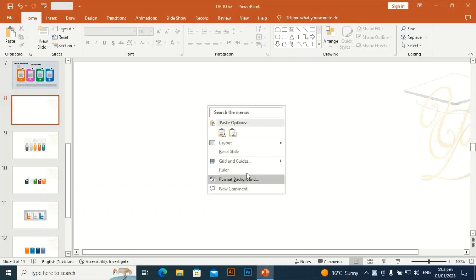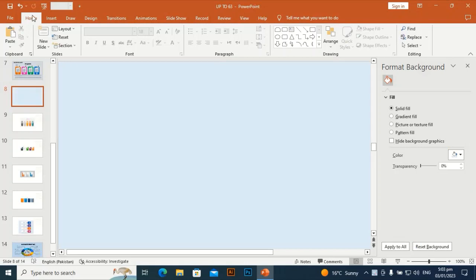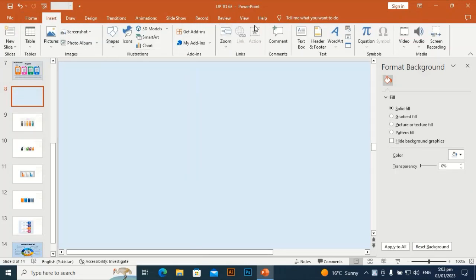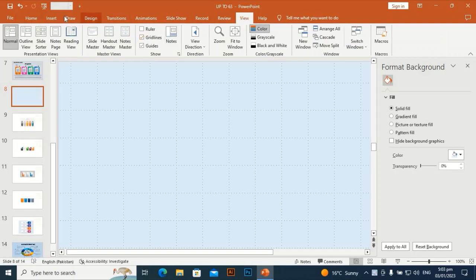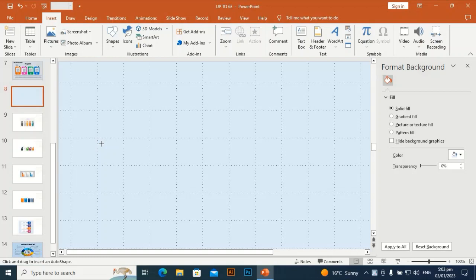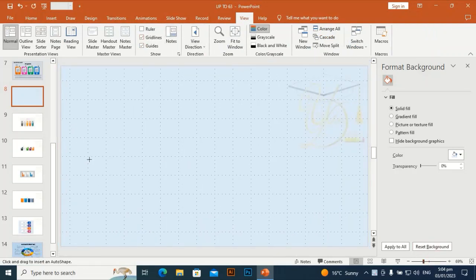Go to format background. I am going to take a different one color. Go to insert and take a view grid line. Go to curve line shape and click here. I'm going to zoom out, click here and again here